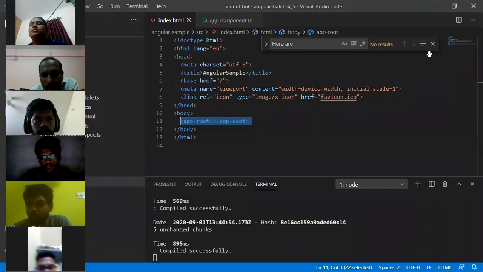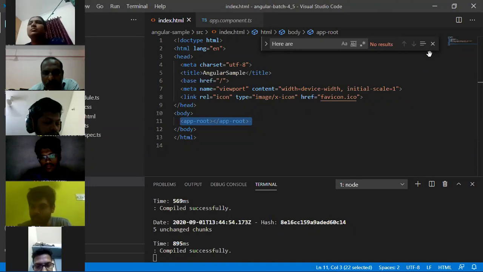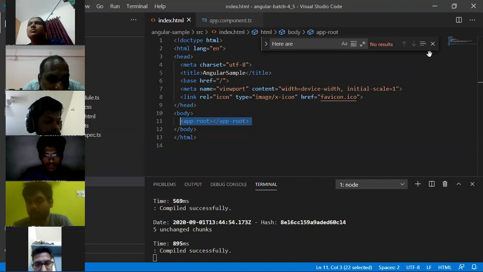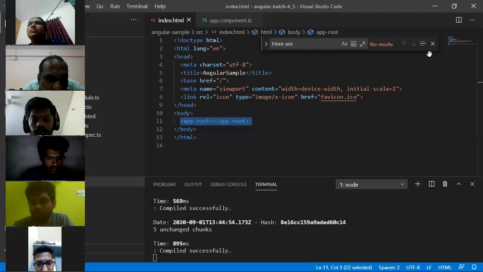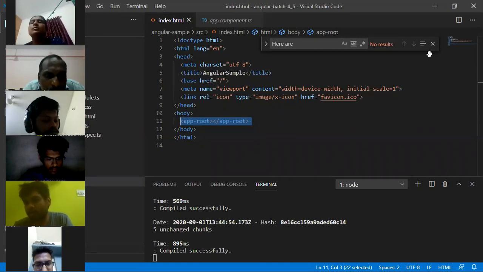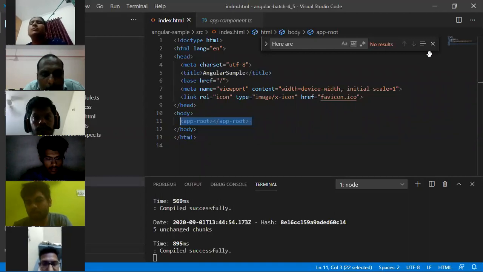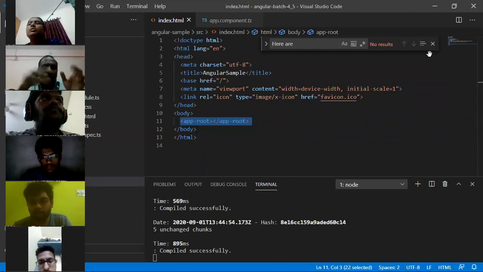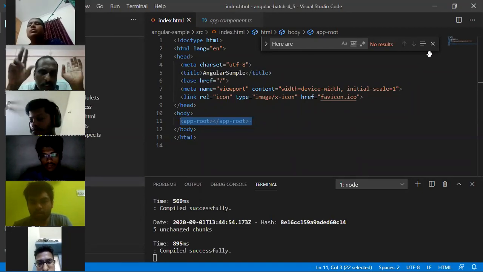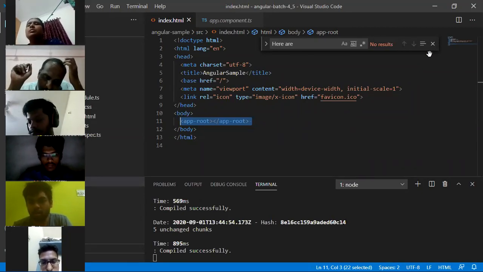Like, at the end of the course, will we be able to link this code to that ASP.NET application? Angular is a separate language, anyway, in the UI part. So how will we link this to the ASP.NET code? No, you will not link the Angular application with ASP.NET, but you will link your Angular application with Web API. And if you want, you can link your ASP.NET with Web API, that also you can. But finally, I am not going to link ASP.NET and Angular. These two things are separate parts.